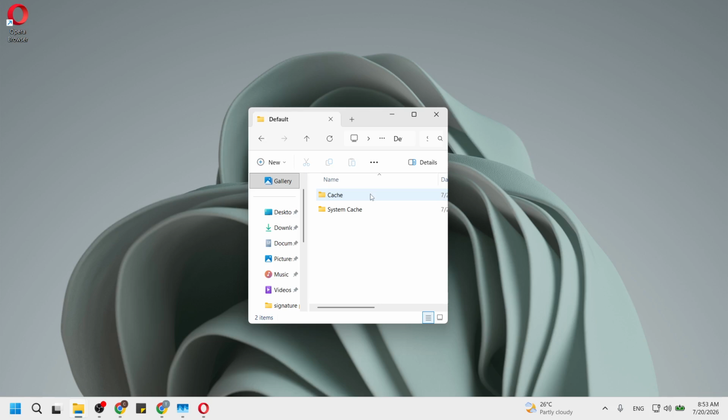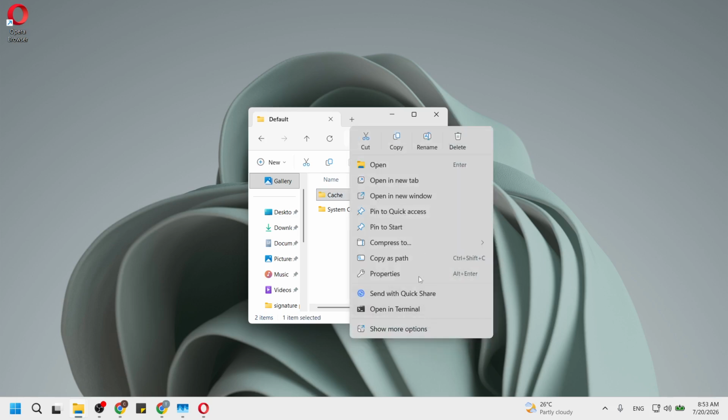Finally, delete or rename the cache folder inside it. This step can resolve issues related to corrupted cache data that may be preventing Opera from launching. Renaming the folder can serve as a backup, allowing you to restore it later if needed. Once you complete this step, you should feel a sense of accomplishment knowing that you've taken significant measures to rectify the situation. By following these steps, you will have effectively addressed the common issues that prevent Opera browser from opening.